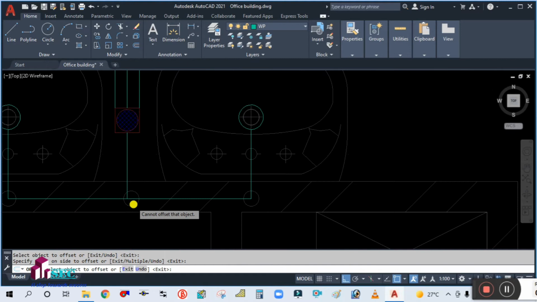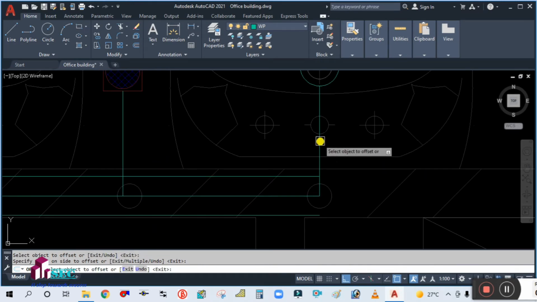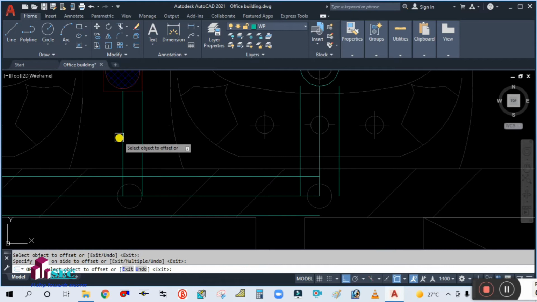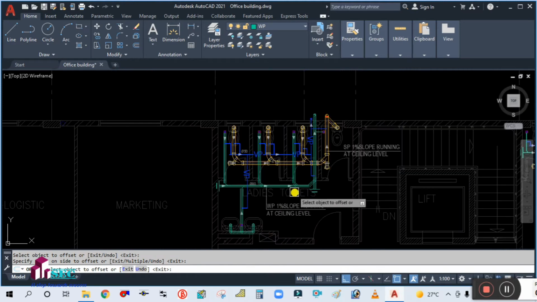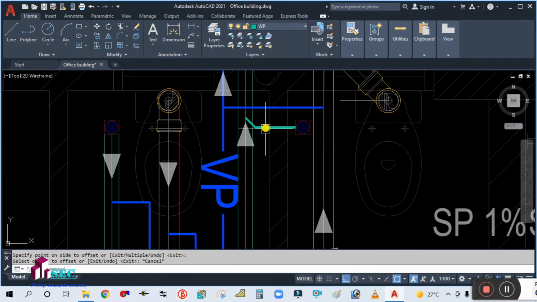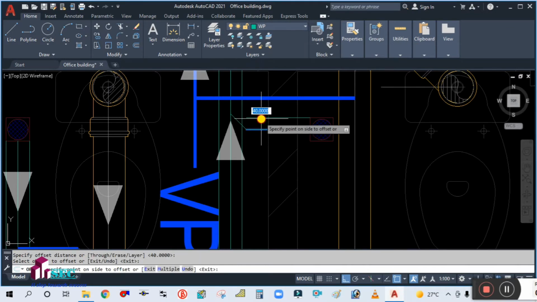Simply offset each side. Okay, then this one also explode. X, enter, offset. Okay,